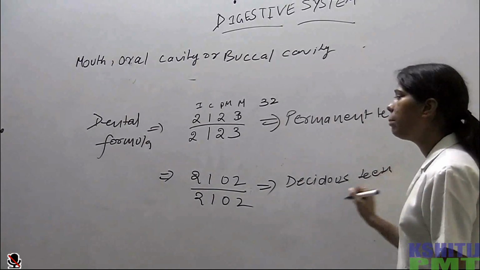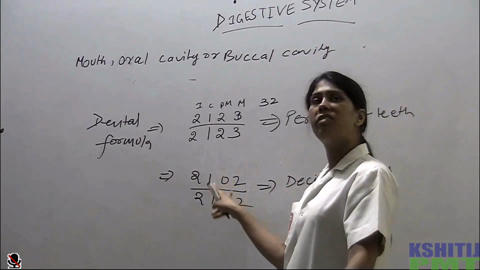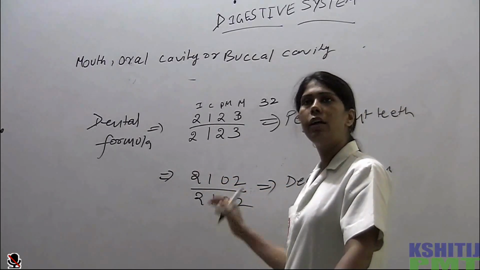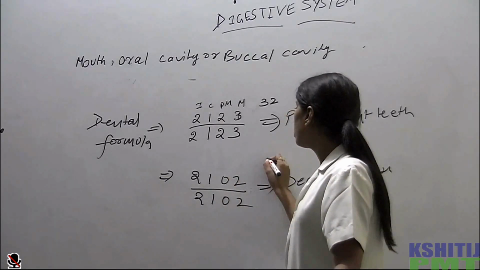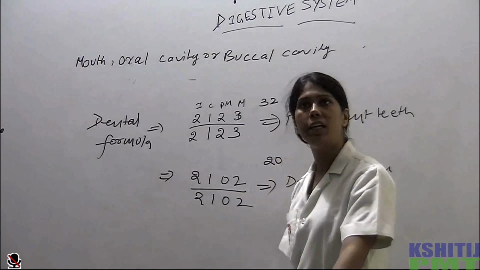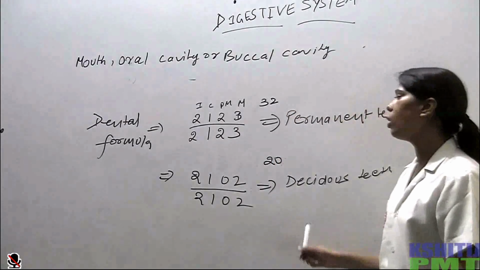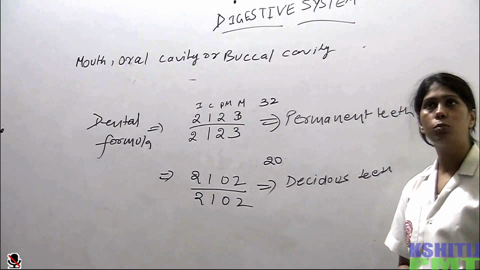ठीक है, तो यहाँ पे क्या हो गया? 5 ऊपर, 5 नीचे, 10 हो गए, राइट। अदर साइड में भी 10 हो गए, तो इन टोटल कितने टीथ हो गए? 20 हो गए। सो टोटल कितने होते हैं? 20 टीथ।